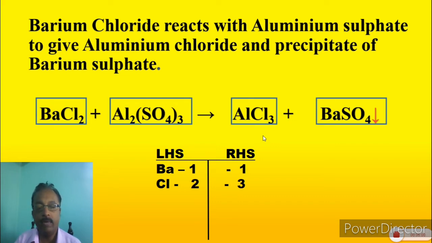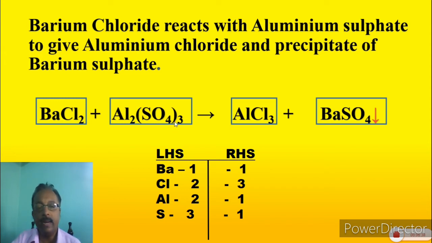Whereas on the right hand side there is one atom of aluminium. So let us write the number of atoms of aluminium: left hand side 2, right hand side 1. Now which is the next element remaining? Sulfur. So how many atoms of sulfur are there on the left hand side? There are 3 atoms. Don't get confused here, this 4 is for oxygen. So on the left hand side there are 3 atoms of sulfur, and on the right hand side there are 4 atoms of sulfur. So let us write for sulfur 3 and 1.